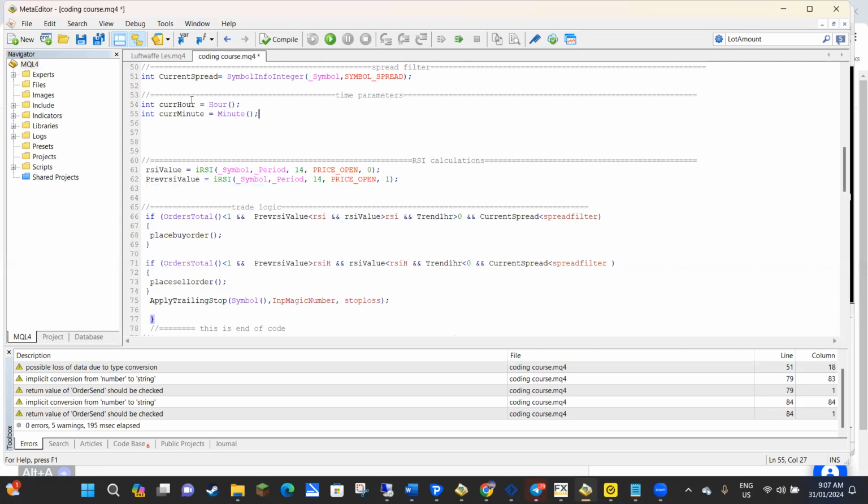if we set a couple of variables here, current hour and current minute, so hour will retrieve the current hour and minute will retrieve the current minute. And then this will be how many hours after the market opens, and how many minutes. So if we put in a comment here,